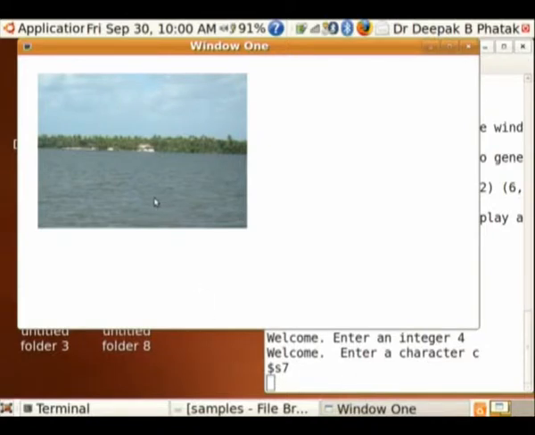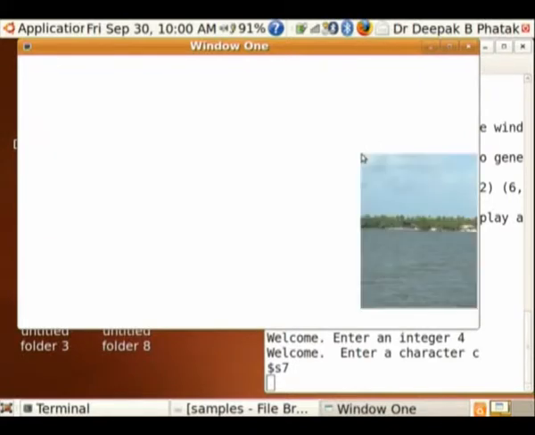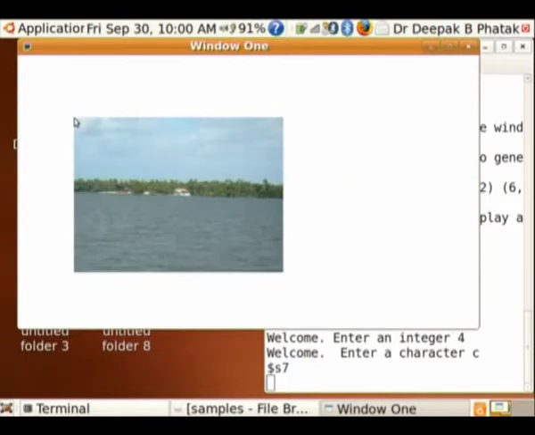This program is not just simply showing that. This program actually illustrates that you can move this image. So basically, how to capture a mouse position. For example, if I move the mouse here, you can see the pointer here. Now if I click, it will move the image that side. If I come here and click here, it will move the image here. So basically, there is a function to capture the mouse movement and set some position, and there is another function to erase an image at some original place and redraw it at some other place.